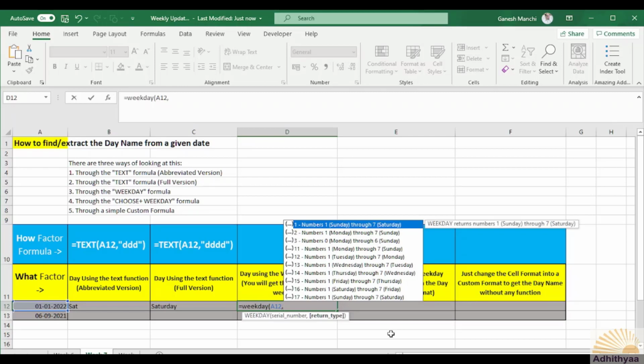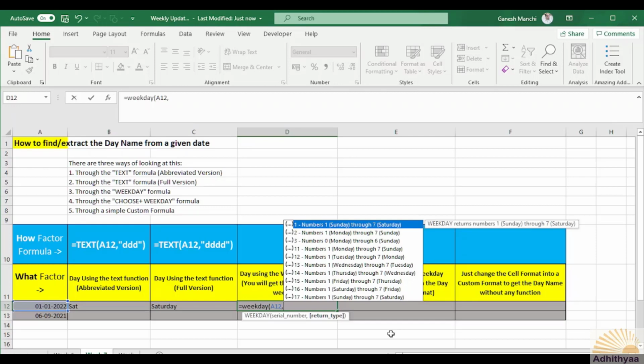Okay, number one return type will give you Sunday as number 1, Monday as number 2, like that. It goes up to Saturday as 7. Supposing if you give 3, it will give you Monday as 0 and Sunday will be 6. And if you give 11, it will be Monday as 1 and Sunday as 7.